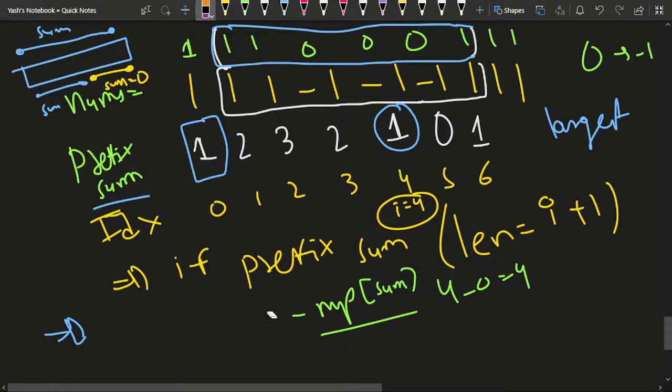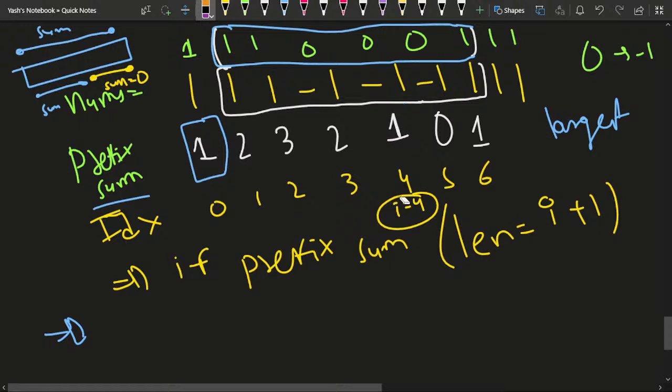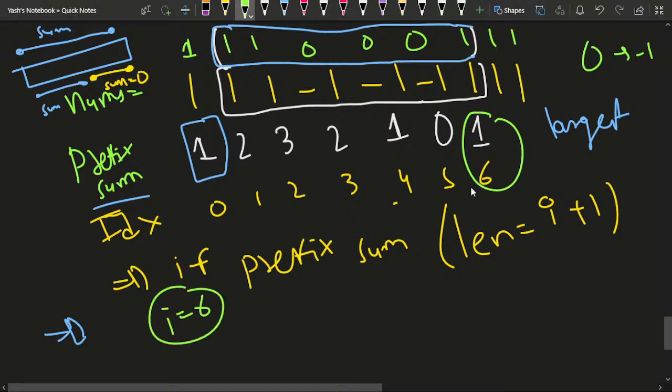But another candidate could have been this. Suppose my I moves to 6. So at I is equal to 6, I am getting a sum which is 1, and at I is equal to 0 also the sum was 1. So the possible candidate for the length is